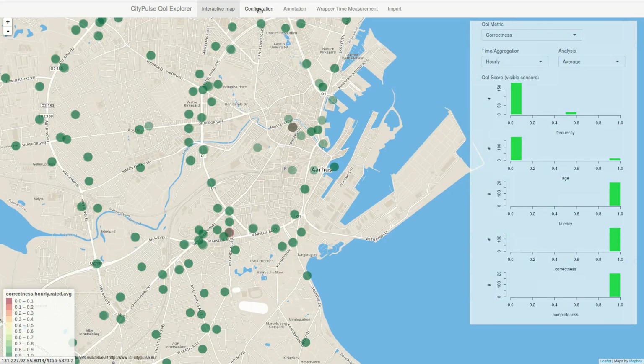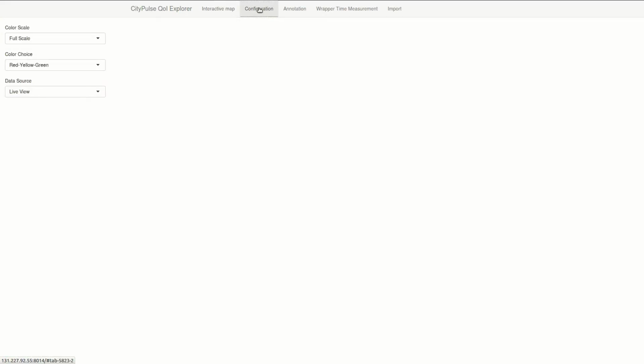We have some different options within this configuration tab. We can switch the color scales for the map view and switch this red to green spectrum, and we can switch the data source.